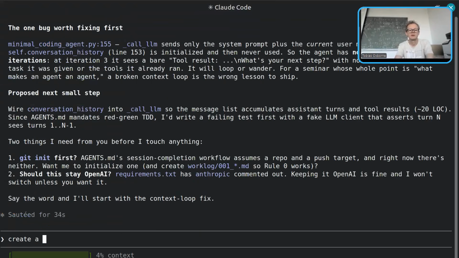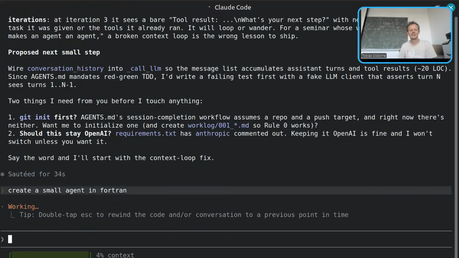Okay, create a small agent in what's the most obscure programming language? Fortran. What was it? Let's do Fortran. F# that's too easy actually because I guess no one knows. Yeah. Do it in OCaml or something. Yeah. So